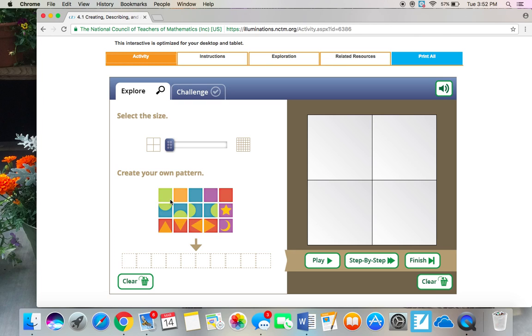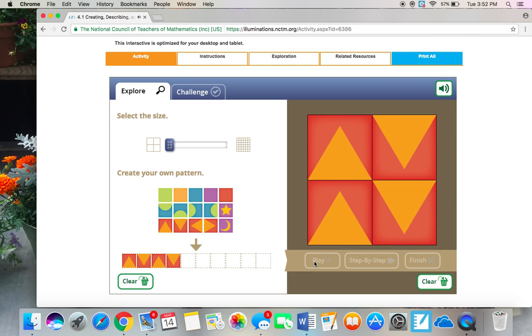I would maybe for younger students, direct this towards just using colors, but it can be fun if you're using some of these shapes. So I will go ahead and show you how to fill these 4 tiles with a pattern. I am using a simple AB pattern. Okay. And then you come over here and you push the play, and it pops them up on your screen,